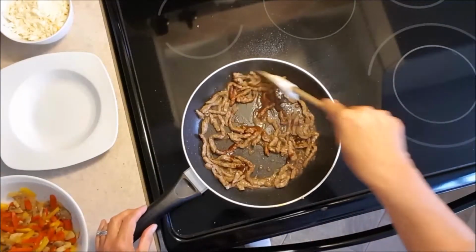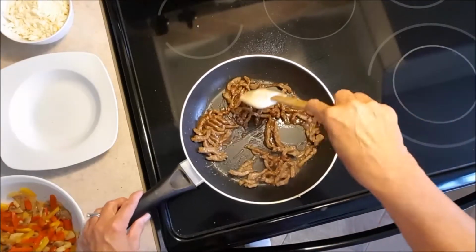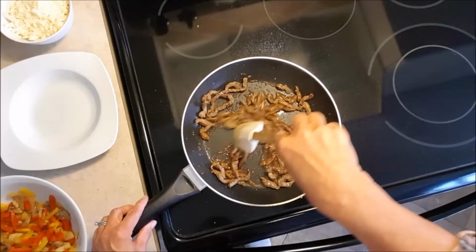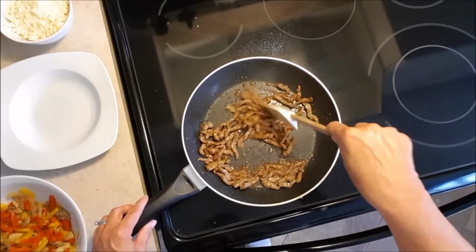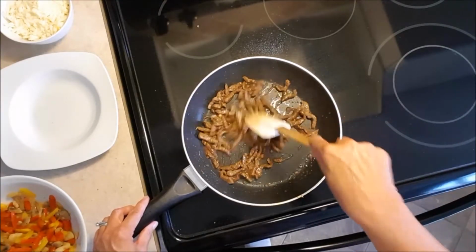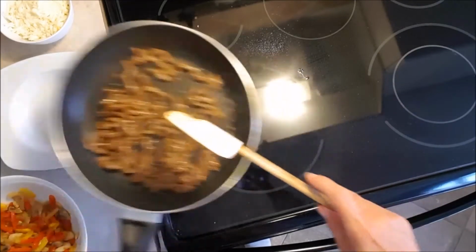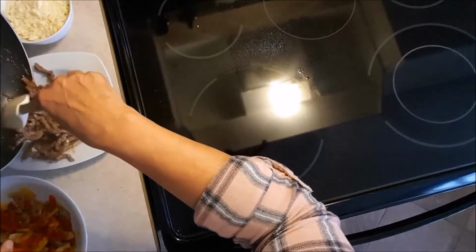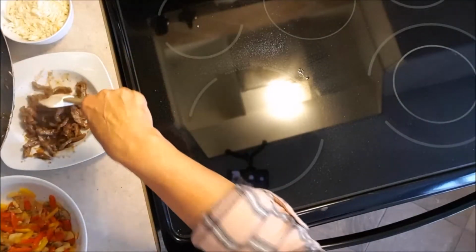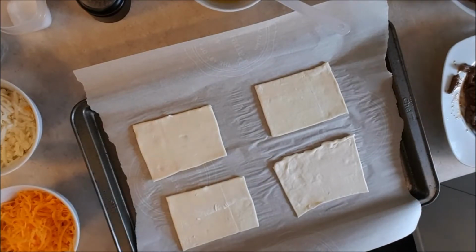See, you just kind of vent as you go here. Oh, that smells good. And barbecue sauce will add that flavor. You can add whatever barbecue sauce you want, or sriracha sauce, whatever you want to do. Okay? So those are now cooked. I'll put them in our bowl. All those juices in there. Yum. Okay, so now we're ready to assemble the